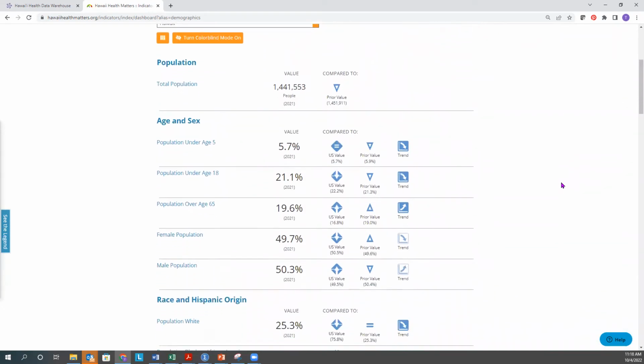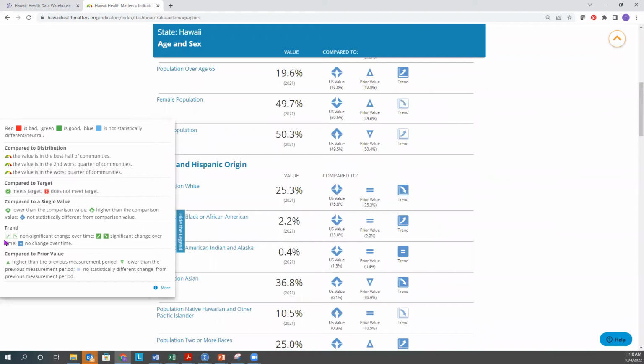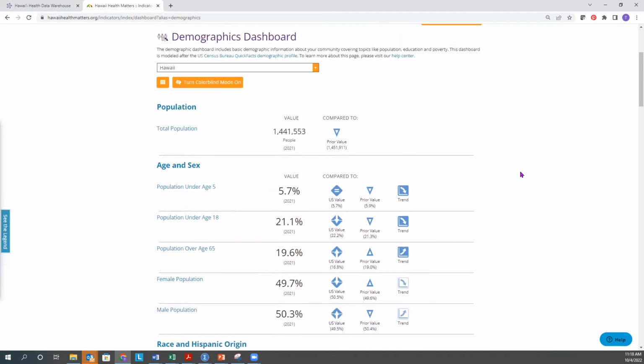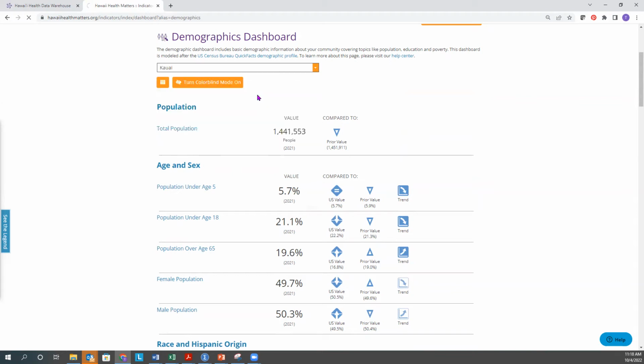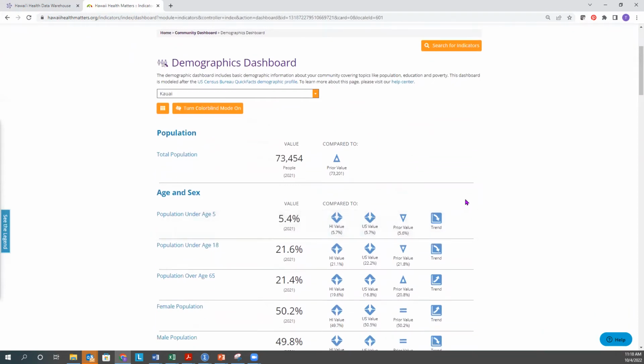Again, if you are looking at the data and you're like, okay, I'm really not sure what these gauges mean, there's a See Legend feature that's over here on the left. You can always click on that, and it'll pop out an explanation of the legend. So those are just two helpful hints there. Scrolling up a little bit more, we saw that this is the data for Hawaii. This dashboard, like most of our dashboards, has a tool that you can select the geography that you're interested in. So in this case, we're going to go ahead and select Kauai. If we select there, then we'll get a refreshed dashboard, which is all of these indicators for Kauai.